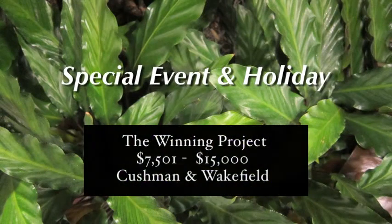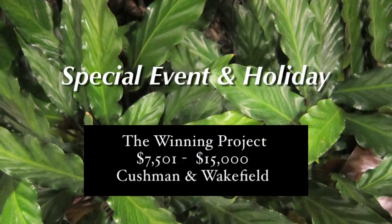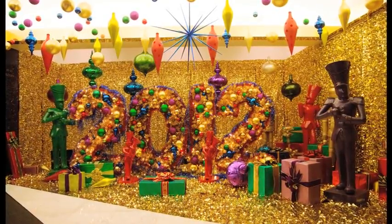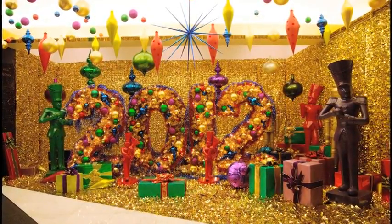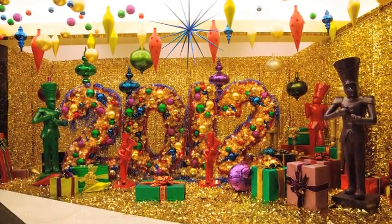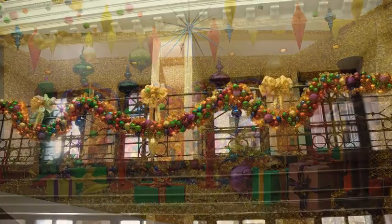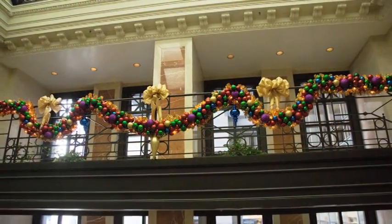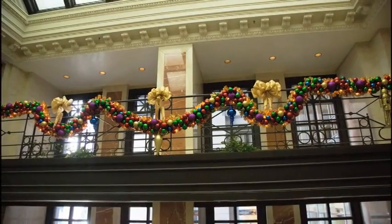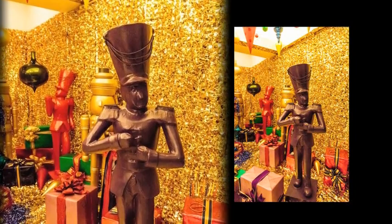In the $7,501 to $15,000 special event and holiday category, an award of excellence goes to Cushman and Wakefield. Those who thought the world was coming to an end might feel the same way as our client. She wanted to go out with a bang, and she wanted this holiday display to convey that message. After long conference calls to China, with the building owner, we came up with the concept of a Mayan world, using gold as the main color to give us the starting point, and accent with jewel colors to help define